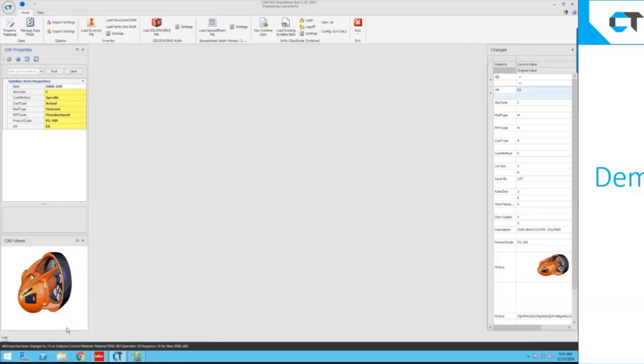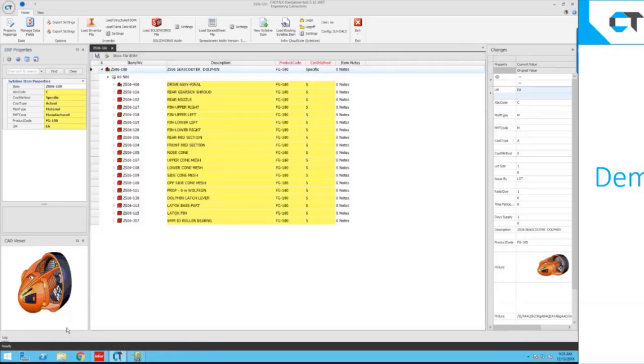You also can work with it one subassembly at a time. Sometimes people want to do incremental releases and release designs as they go, and then ultimately do the upper level design at the end. You can do that as well, because CADTALK is always reconciling against what's currently in the ERP.